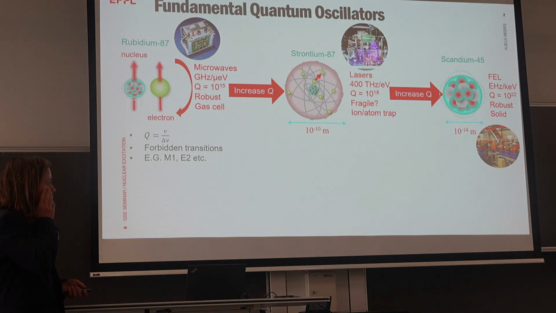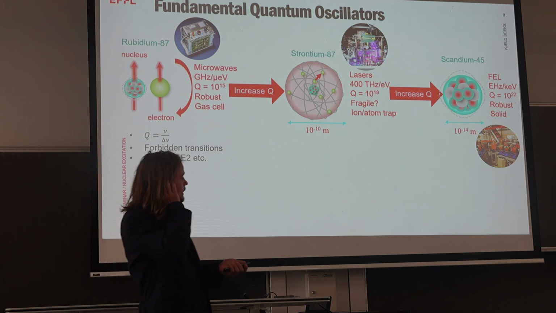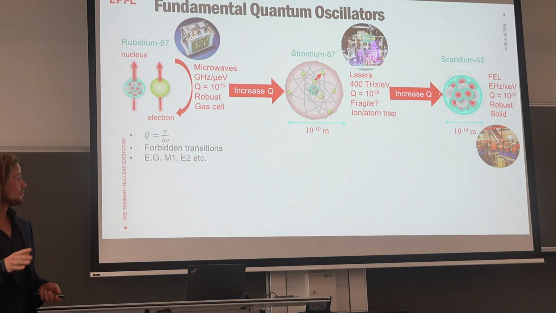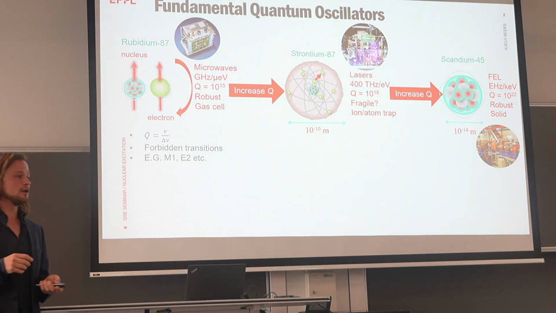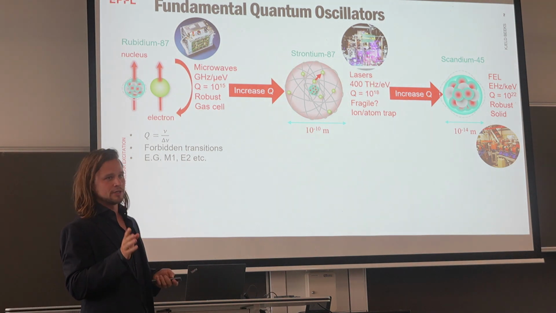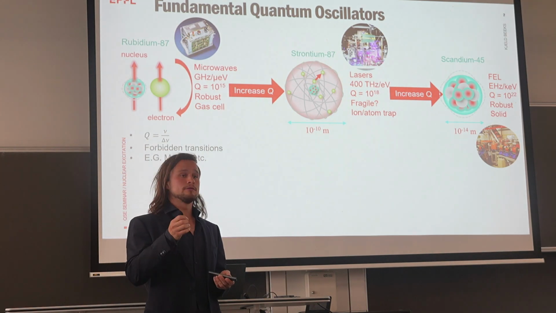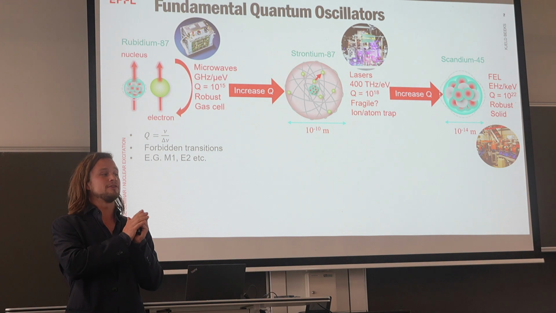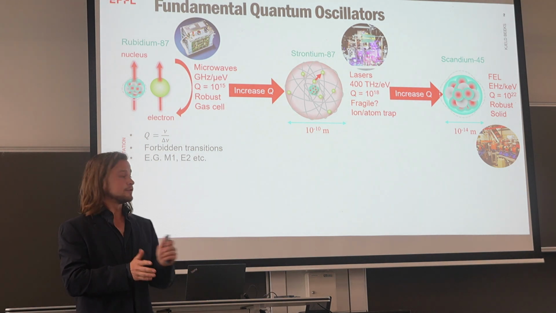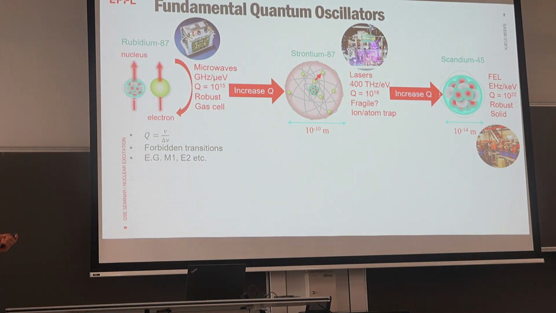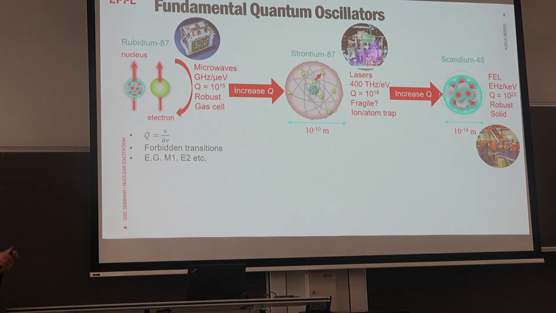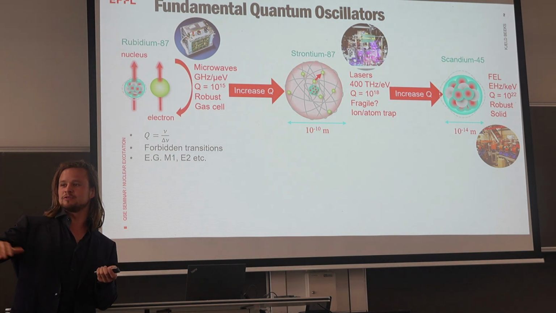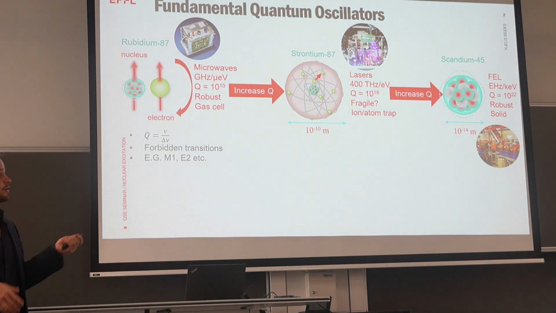A very nice recent result on that, I'll talk about it a little bit more later, is they managed to probe the scandium-45 clock transition, as they call it, at 14 kilo electron volts X-ray. And the clock part about it is that the narrowness of the transition is only femto electron volts. So if you look at the Q factor, we have the energy, 14 kilo electron volts, over the narrowness of the transition, which is femto electron volts. You get a very, very high Q factor.